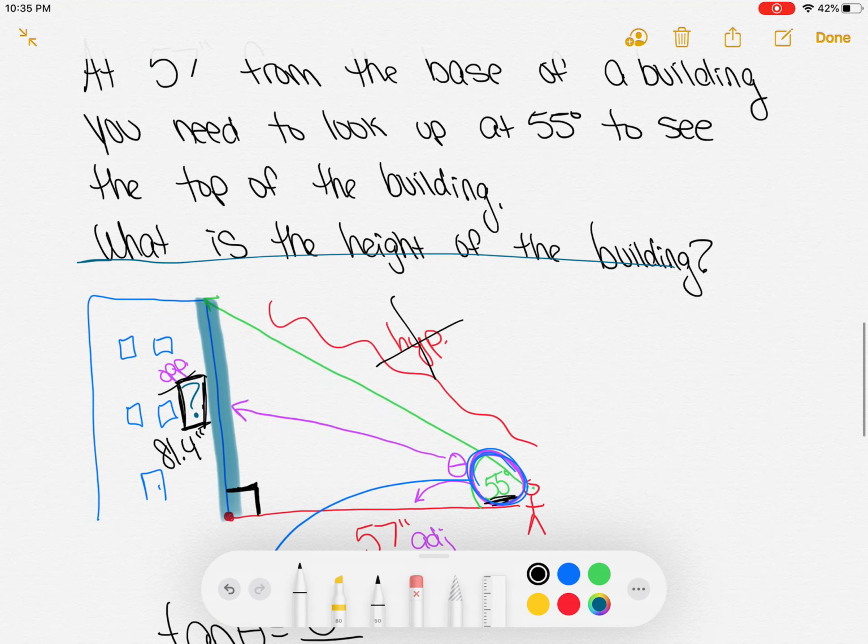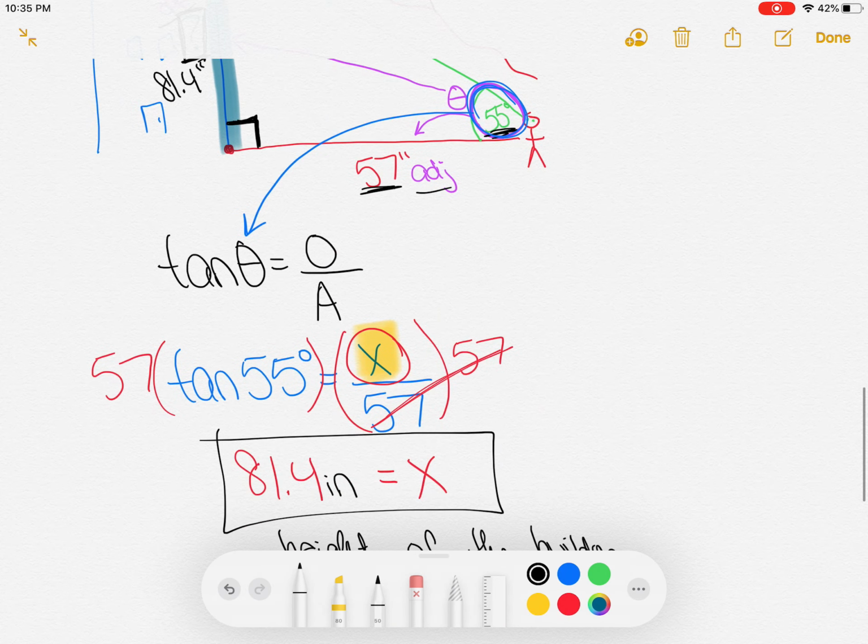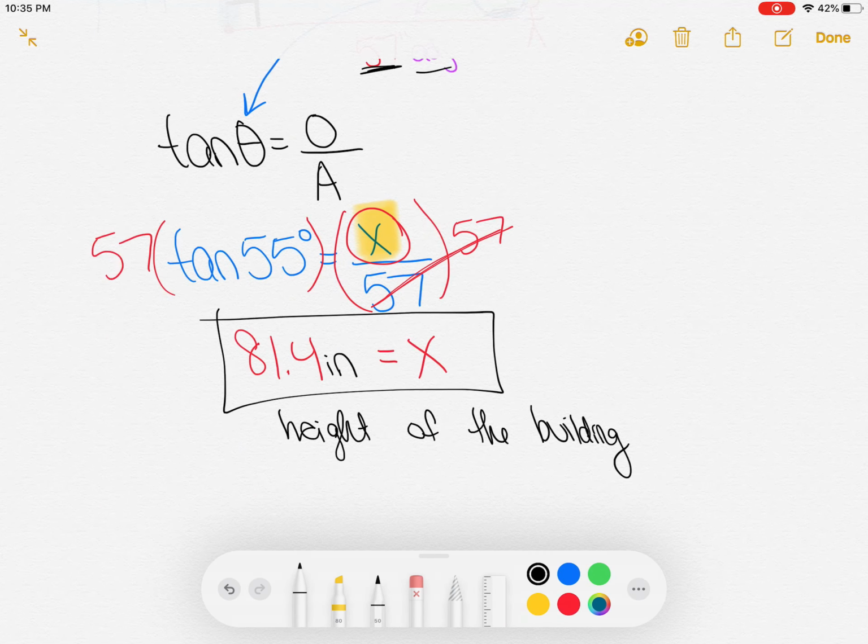So that's just a little bit of a variety for some right triangle trigonometry problems you could see with a word problem, just so you can kind of get the gist of SOHCAHTOA, and we can dig more into